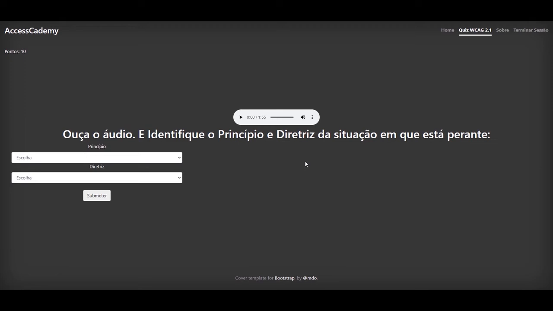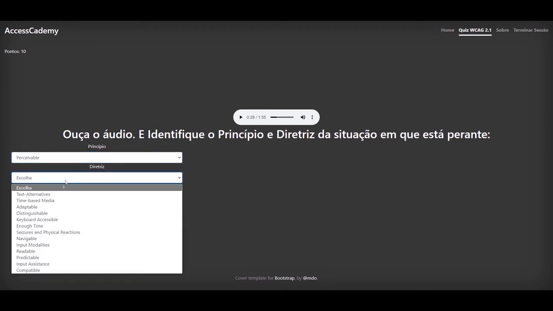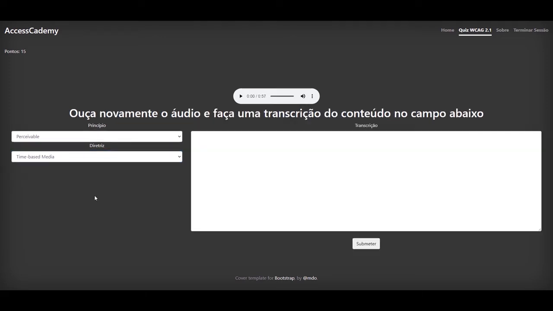the quiz asks the student to listen carefully to the audio and identify the principle and guideline like the first situation. The audio is clearly missing some parts and a bit distorted. Hence the student first will choose the guideline and principle, and the quiz asks him or her to listen again to the audio, and this time to provide a transcription of the audio. So this time the audio is clear and the student can write a transcription and listen every word and write